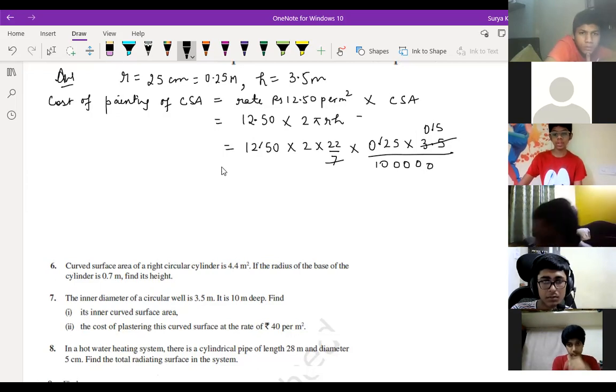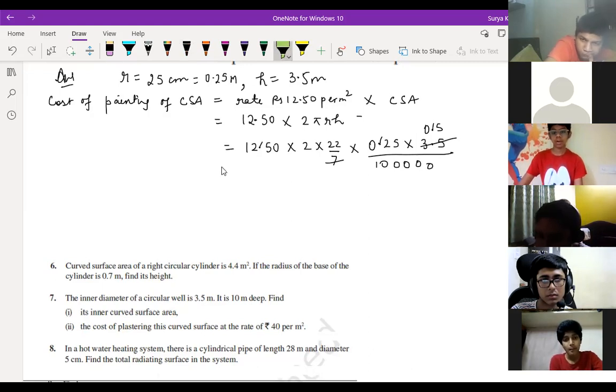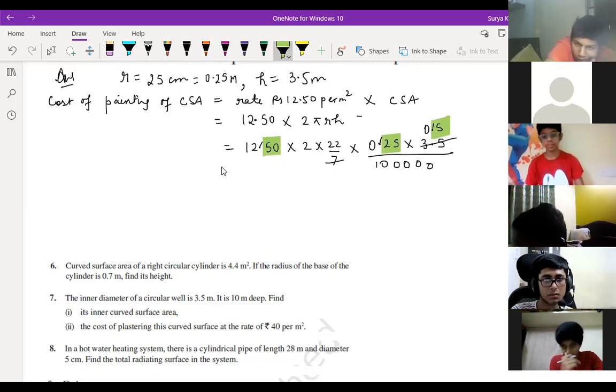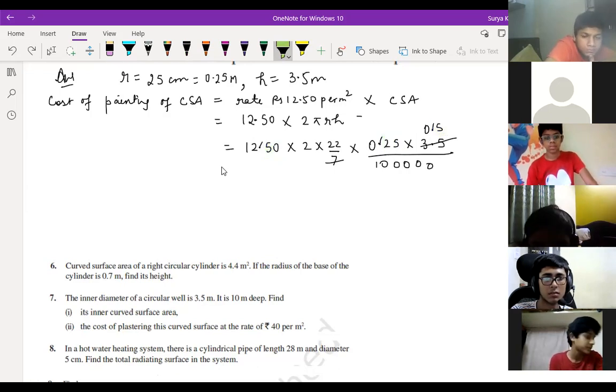Sir, why 5 zeros, sir? After the point, how many digits are there? That you count from the top. After the point here, 2 digits are there. Here 2 digits, 4, 4, 1, 5 digits, right? So after the point, how many digits will come, children? That many zeros you should write down. Okay. Is this clear or not, children?